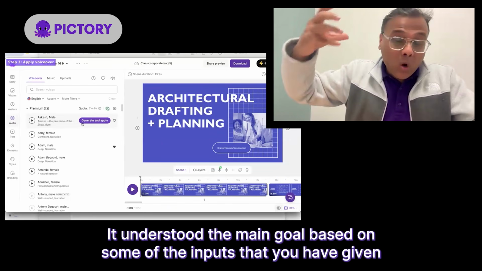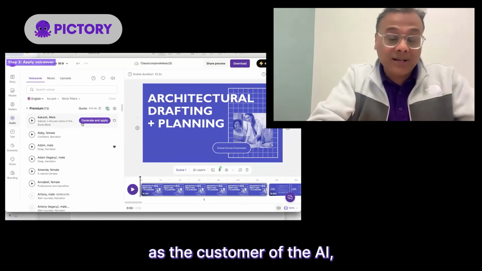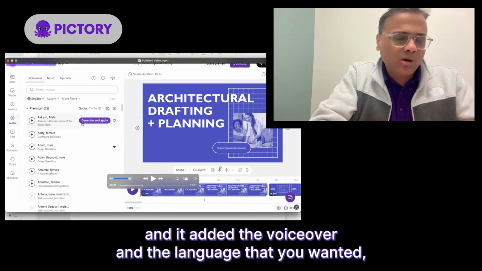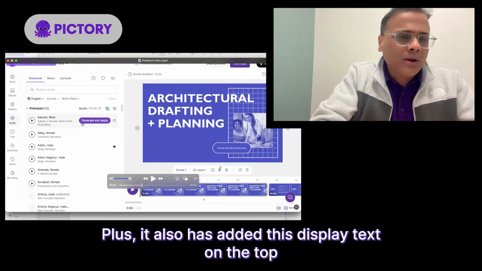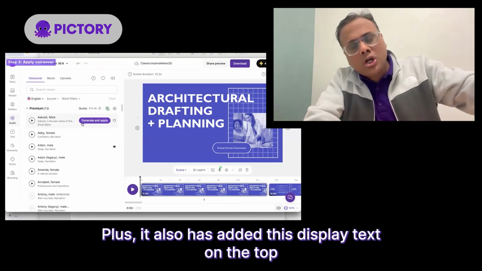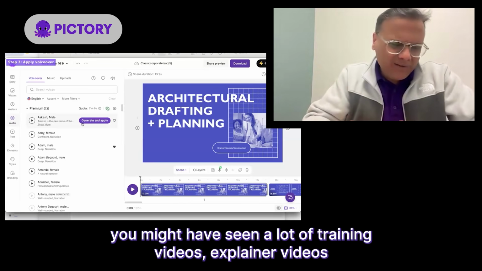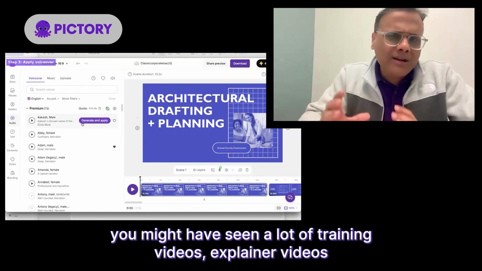It understood the main goal based on some of the inputs that you have given as the customer of the AI. And it added the voiceover in the language that you wanted, the accent that you wanted. Plus, it also has added this display text on the top saying that this is your step 1, this is your step 2, and on top of it you might have seen a lot of training videos, explainer videos, where